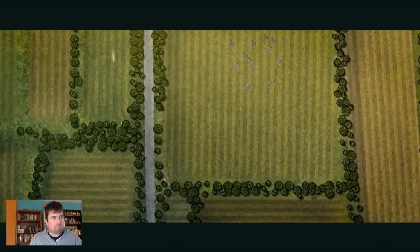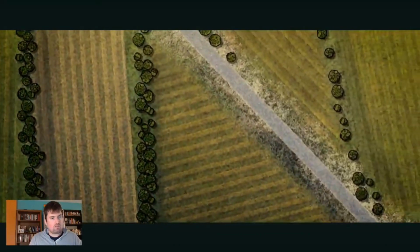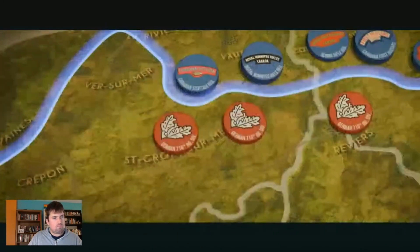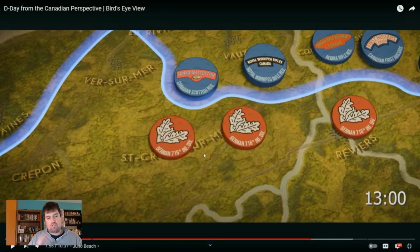Rush down to catch up with the vanguard. On the western flank, the Canadian Scottish and Winnipeg Rifles link up in the marshes around Sainte-Croix-sur-Mer, while the Regina Rifles